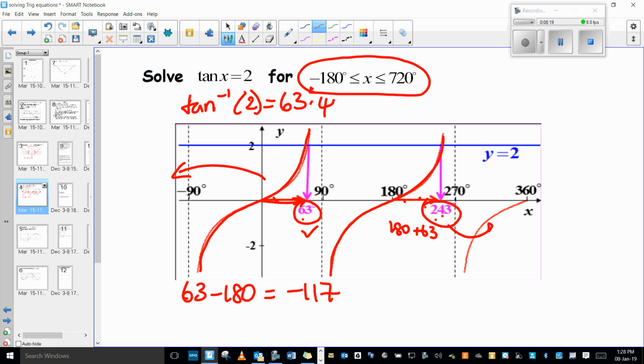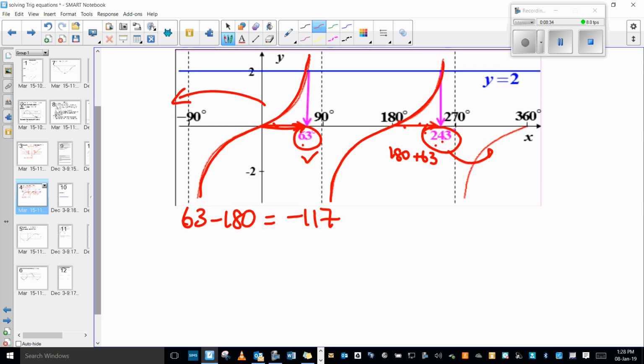Yeah, so you're going to have to keep adding 180 until you've given all of the values within that range. You're happy with that? So what is the 63 for? That's one of your answers. So for this, you're going to have x equals negative 117, 63, 243,